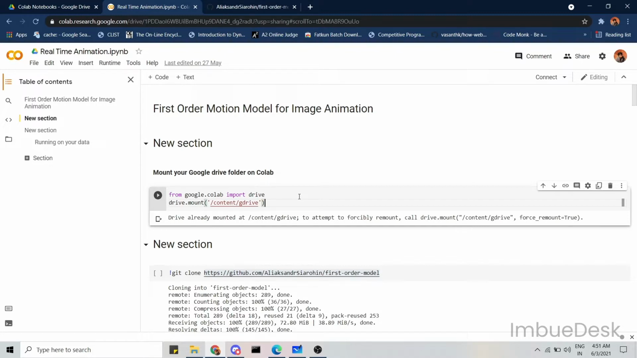Like you can provide your own face and some other video of a celebrity, and your face will move like that. Or you can provide your video and provide another celebrity's face, and his face will be moving like that. Okay, so in order to run this, first we have to mount our Google Drive with our Google